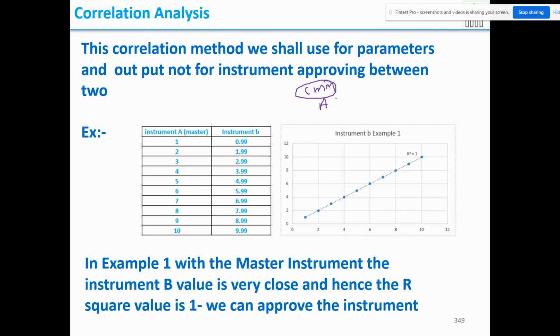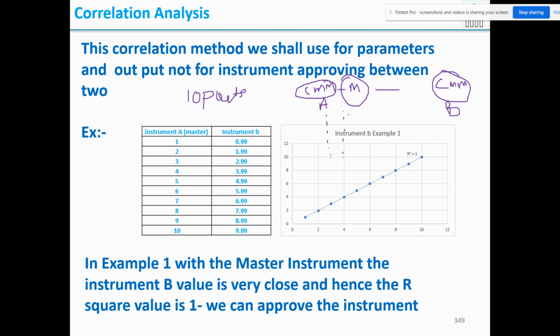This is your master, running for many years, and you buy a new CMM. I'll call it CMM B. As per the supplier, the dimension and master calibration are everything okay with CMM B. Now you take 10 parts, mark them, check the dimension in CMM A and note down, then check the same marked parts in CMM B and note down. Now you have two sets of data.